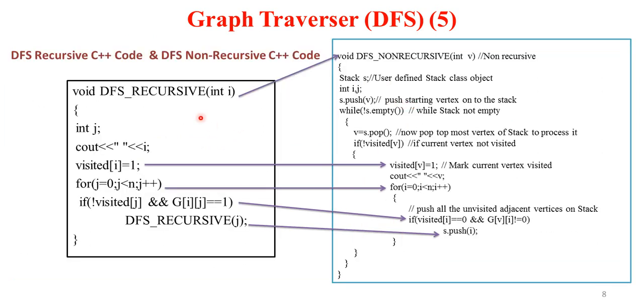Now as a concluding remark, before the conclusion, we'll see that the DFS recursive and non-recursive versions both have some common things. Like here we mark visited as 1, so we start with the initial vertex. Here also we have v. Moreover, in the recursive version the system stack is maintained, but in the case of the non-recursive version, our own user-defined stack is maintained.